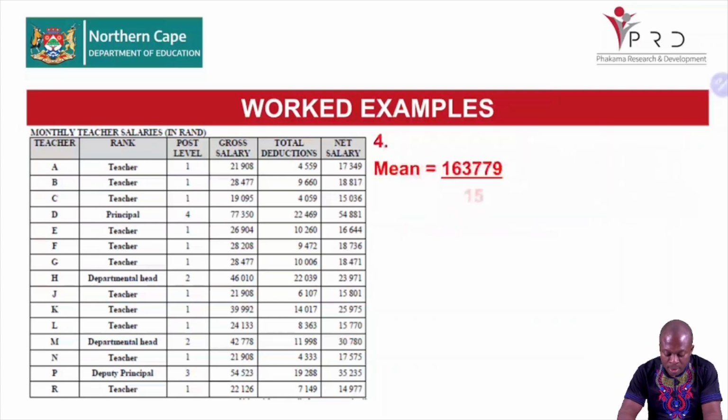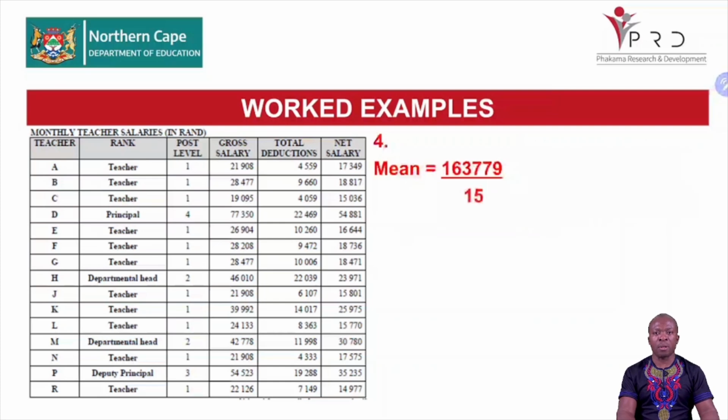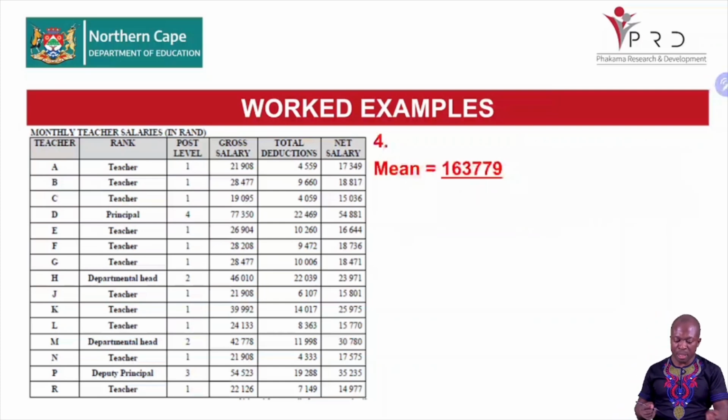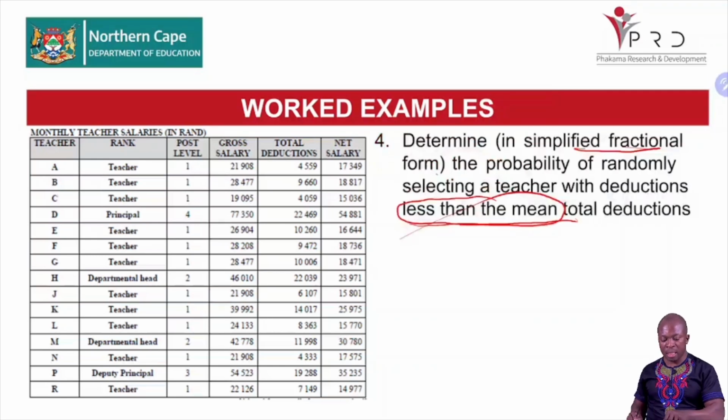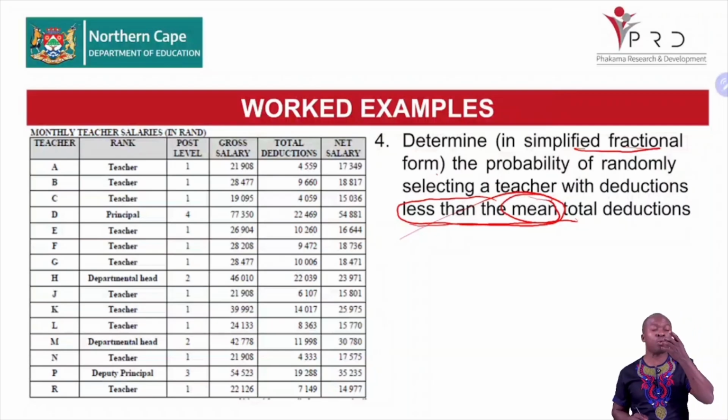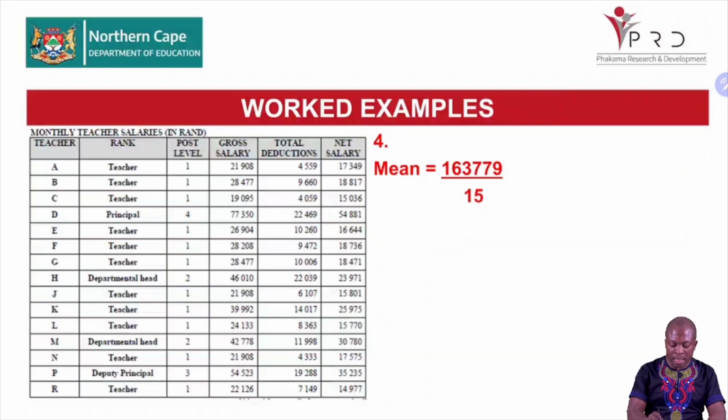Okay, welcome learners. So this is how you work it out. Isn't it they said the mean? So once the examiner talks of the mean, I want to go back and let you see. It says less than the mean. This is the key word. So once the examiner talks of the mean, you go and write the formula of the mean down, like what I did. Then dividing by